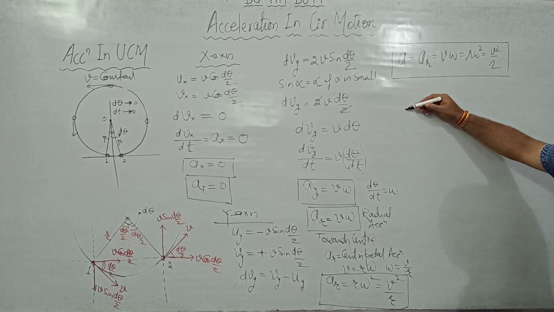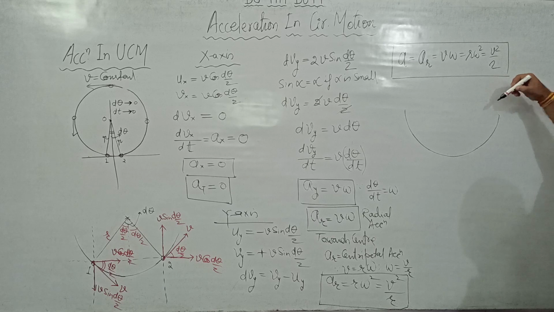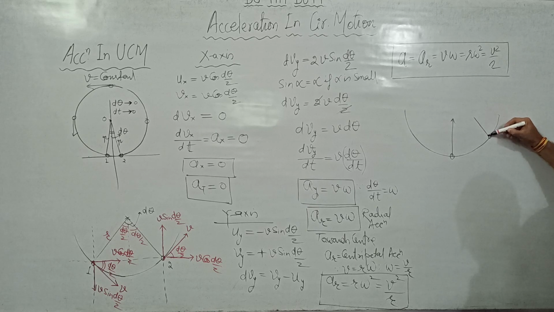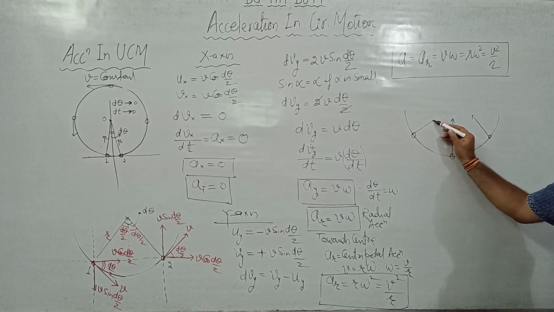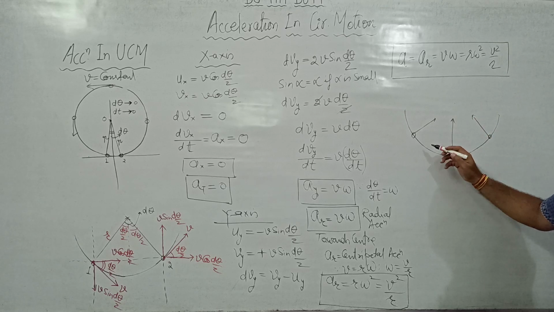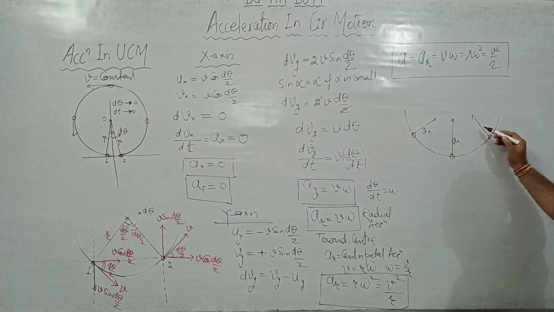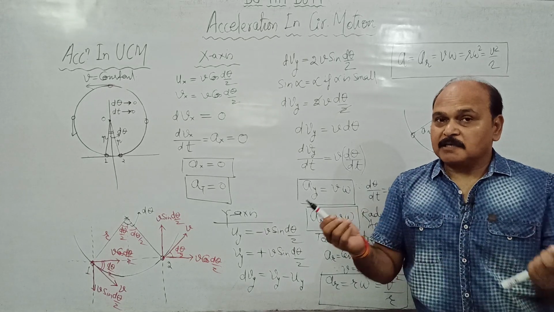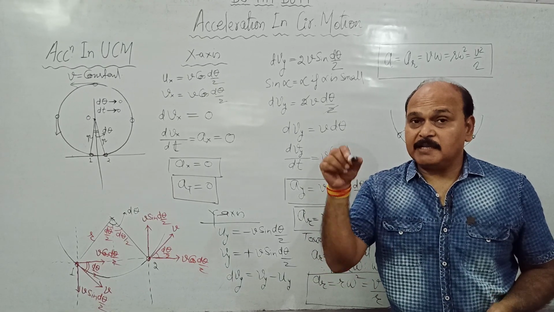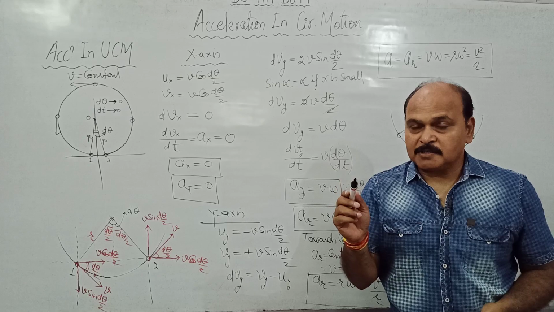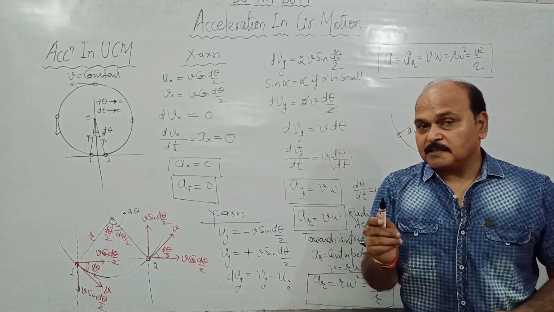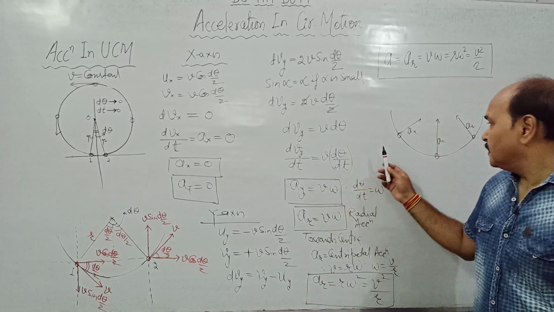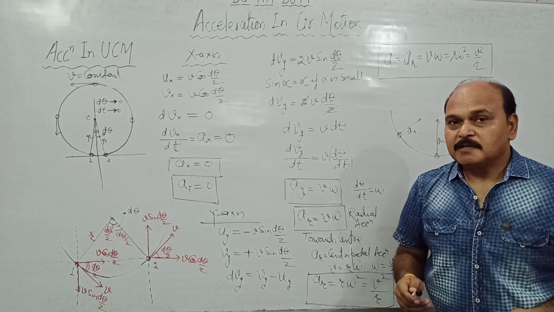So if circular motion is taking place like this, if it is uniform, then acceleration at any point is always towards center, which is centripetal acceleration, AR. And this centripetal acceleration is fixed in magnitude, and direction of course is different at each and every instant. So in uniform circular motion, there is only one acceleration, that is centripetal acceleration, whose magnitude remains same but direction keeps changing at each and every point, and it is always towards center.